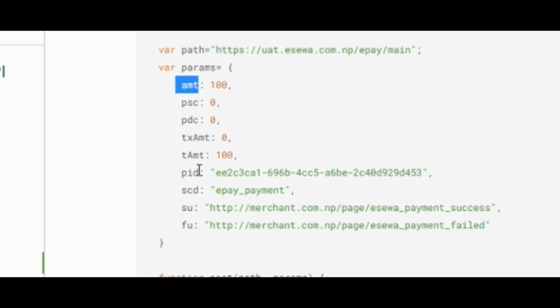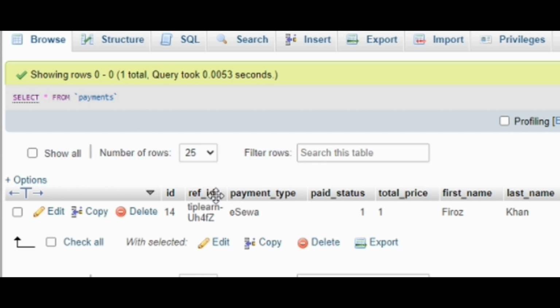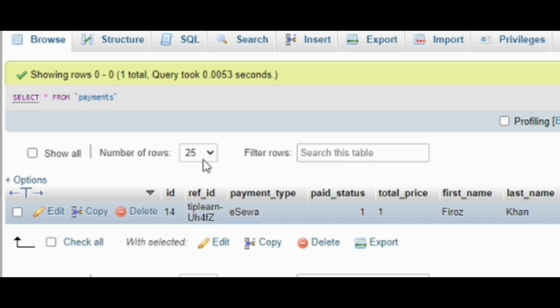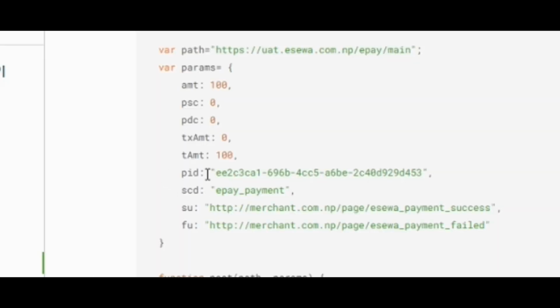Now let us understand PID. PID means the unique product ID. It means that when a customer makes an order, in our payments table we have a ref ID, right? This ref ID we will be passing from PID. Okay,